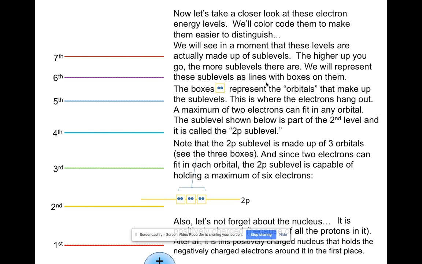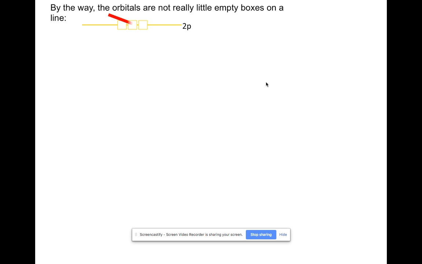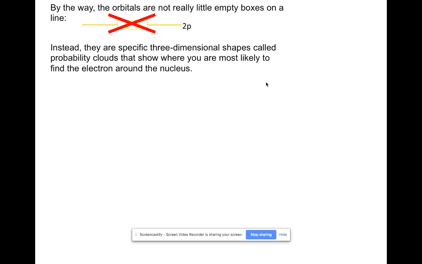Each energy level contains subshells, which are sets of orbitals. And each orbital is a place where you can find up to 2 electrons. When we write orbital diagrams and represent electron configuration, we typically represent these orbitals as little boxes. But they're not really little boxes. They're really three-dimensional shapes that were predicted by Schrodinger's equations, where you might be able to find an electron outside